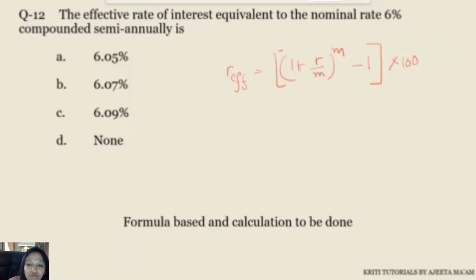Now, the effective rate of equivalent interest. Here the important part is the nominal rate of interest is 6%. I just told you that if it is half yearly, we have to take it by 2. So what will you take here? 1 plus, now the rate of interest will be 3, right? That is a simple thing you have to do. So directly you can put 3, or you can put 6 upon 2 also. That will make it 3. Correct? Now raise to,